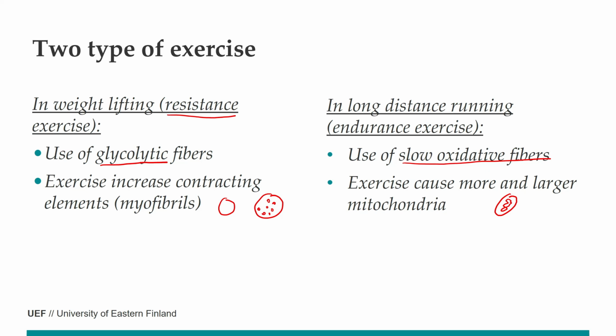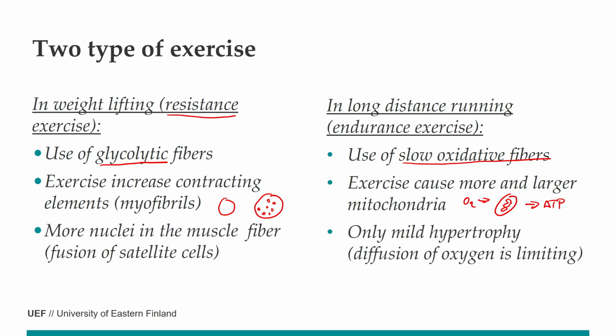So for that reason, if we have oxygen available, we can get more ATP. Because this mitochondria-mediated energy production is always working as fast as possible, the only way to regulate and increase ATP production is to have more mitochondria, larger mitochondria, etc. And when we have larger cells in resistance exercise, of course we can have more nuclei there